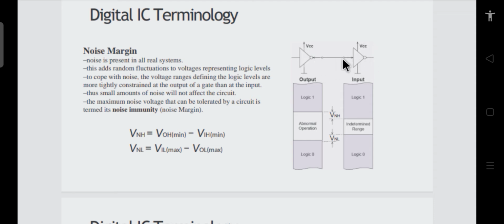In this transition, if the input was 1, then this should be 0. If this 0 gets transmitted over the link connecting the two inverters, what will happen? It may be affected by certain external noise, and therefore its voltage level may change. Whatever voltage appears here should be a valid voltage. If it is an invalid voltage, then this circuit will not operate properly.